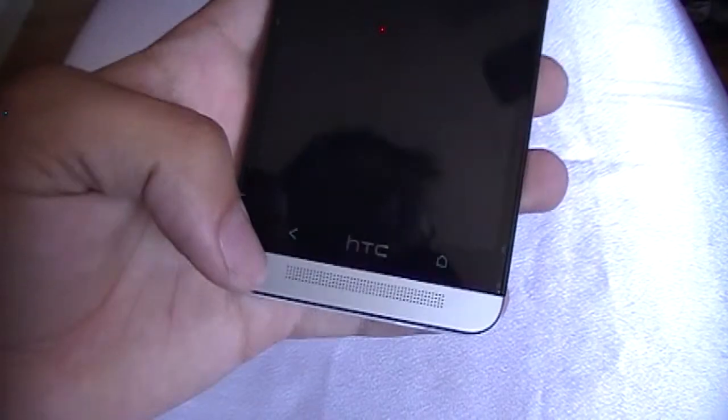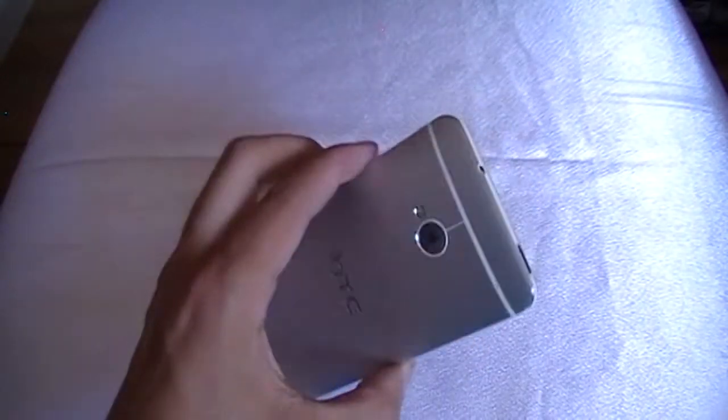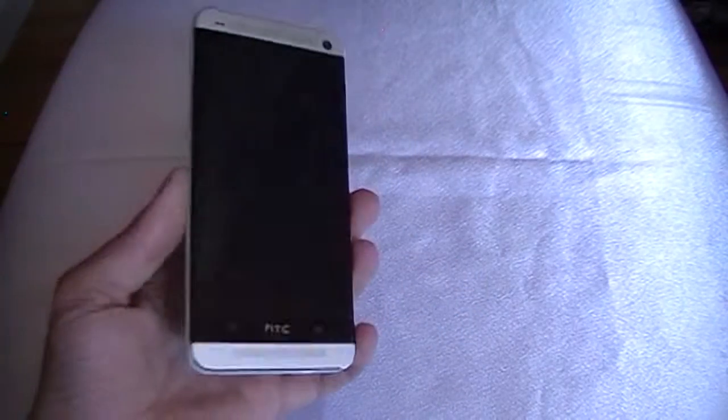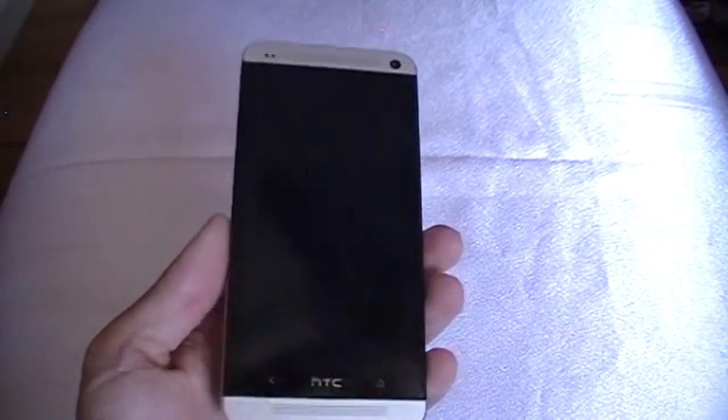Everyone says that you could turn the HTC button into a button as well that you can use. I haven't personally tried that, but that would be cool to have that set as a home, and then you could change these to something else. I don't know, but guys, it's a brilliant piece of hardware. Beautiful, beautiful, beautiful, stunning design. I don't have any problems with it besides what I told you guys about the buttons right here. Besides that, this phone is second to none. Definitely buy it if you're coming up on your upgrade, guys. At least look